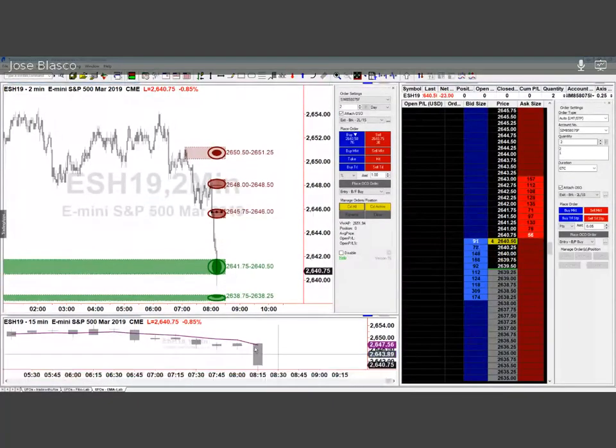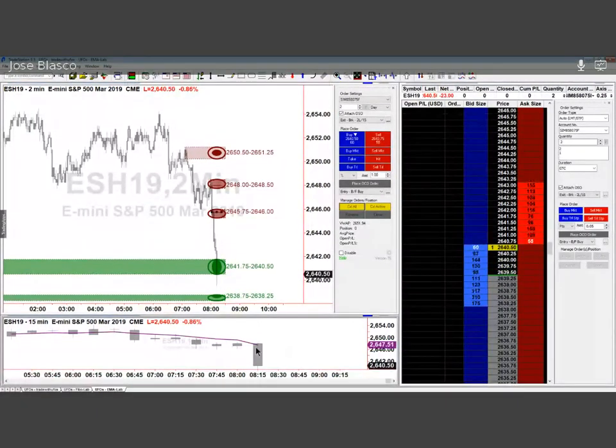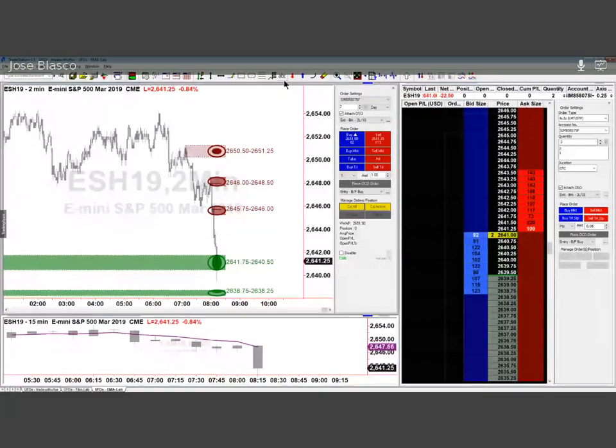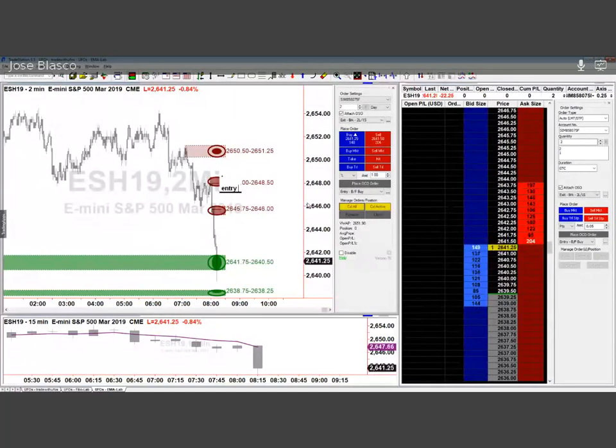So again, the average is currently 2647.5. We have a red UFO here located at 2648. I guess you are with me that it would make a lot of sense, based on the definition, the explanation I just gave you, to go ahead and set an entry located here, a short entry